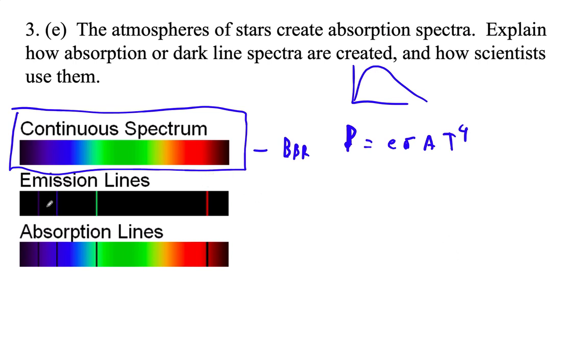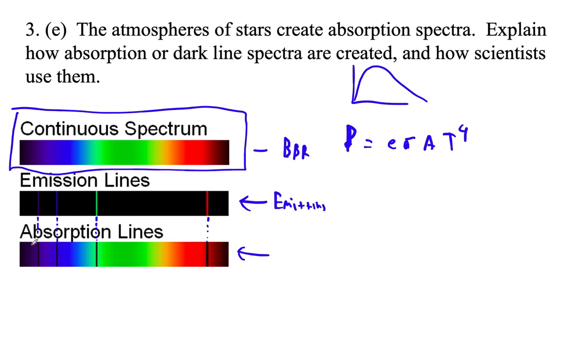This is the emission lines of a particular element, okay? So you can see that it emits these photons, right? But remember that for every emission of a photon, you can also absorb that same exact frequency, okay? So as soon as they discovered these emission lines, they also noticed that the spectra of stars had these dark lines, and the dark lines appear at the exact same spot that the bright lines appear, right? So this is when the element is emitting